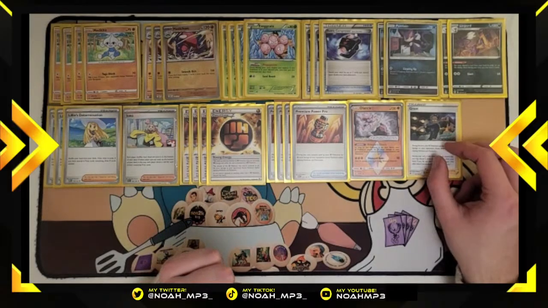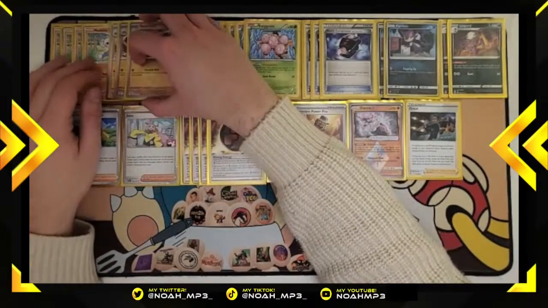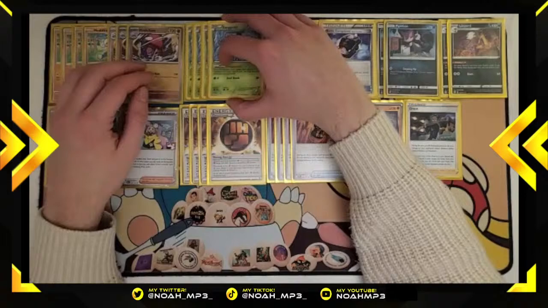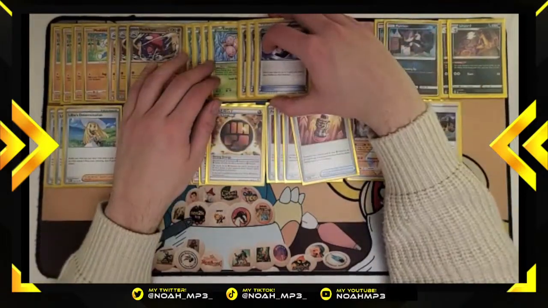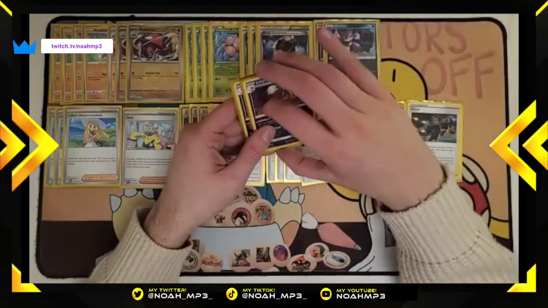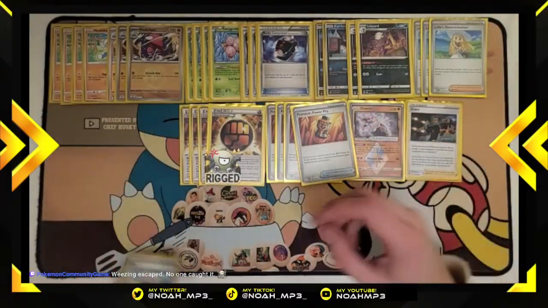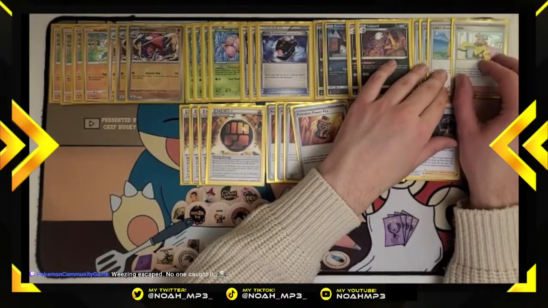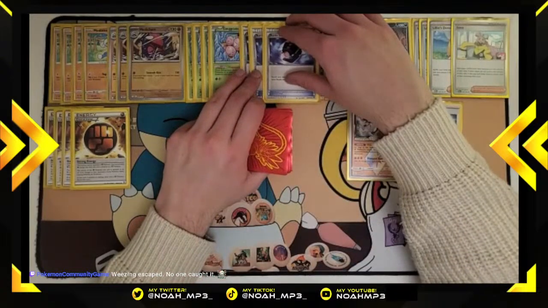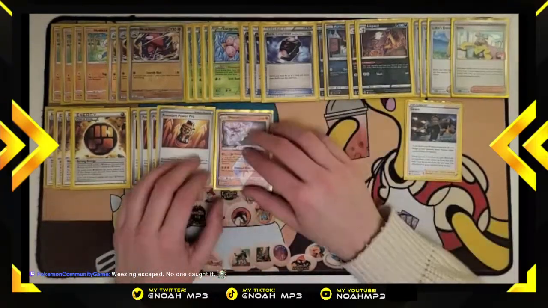I'm starting to notice that I'm running out of room here, so I'm gonna be moving everything a tad. Now let's just move. And this here, so we can move the lilies here. I think the Iono can still fit here, yeah. Strong Energy, whoopsie. And Premium Power Pro can go here. Then we have Diancie,